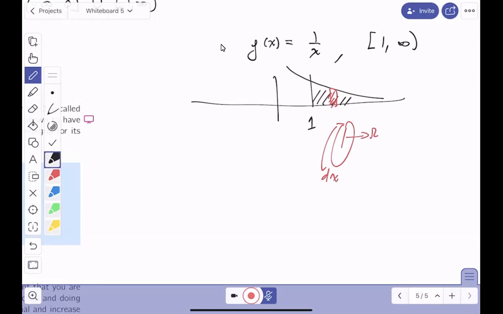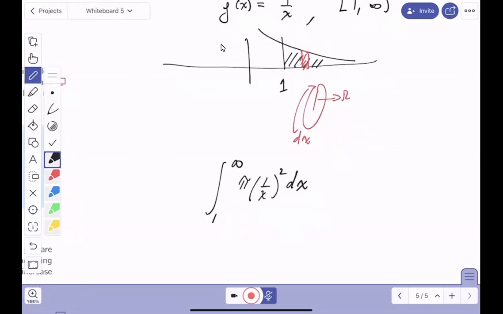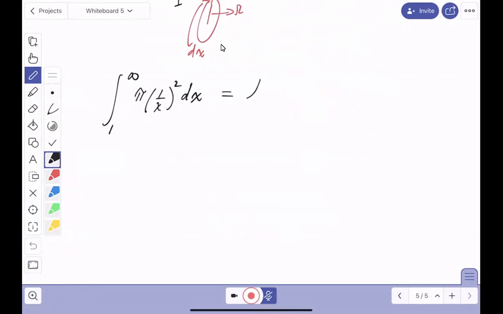Let's write the integration down. What's it going to be? We're starting at 1, going to infinity, and this is going to be a disk method. So what do you get? Pi r squared. What's r? 1 over x. Thickness dx. Well, let's go to town. See if we can do it. Limit as a goes towards infinity, 1 to a, pi x to the minus 2 dx